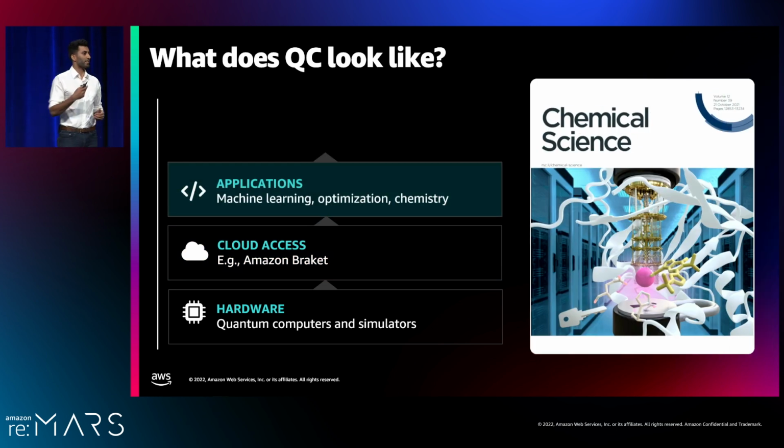On top of that, we have the application stack. This is the quantum software. That's where QCware focuses. We build custom quantum applications and algorithms for machine learning, optimization, chemistry. This here is a paper that we published alongside Boehringer Ingelheim showing that we can do drug development faster on a quantum computer. And that's the kind of thing that we do.